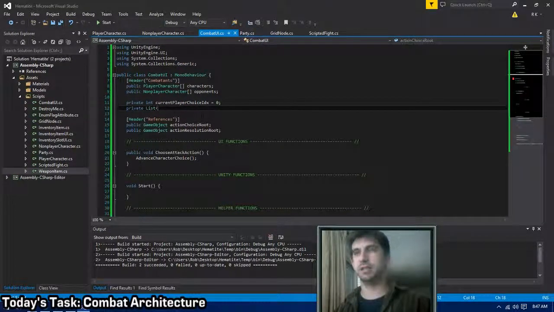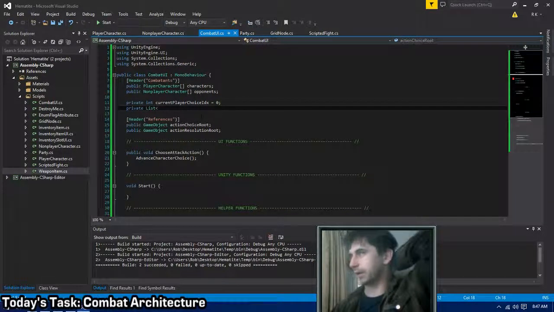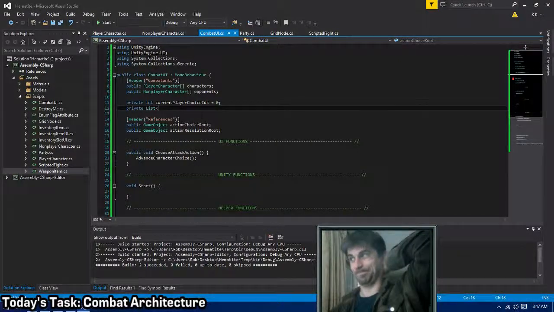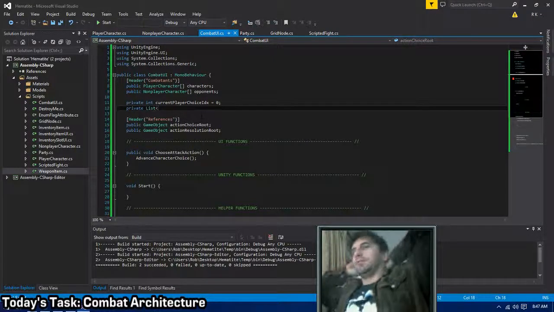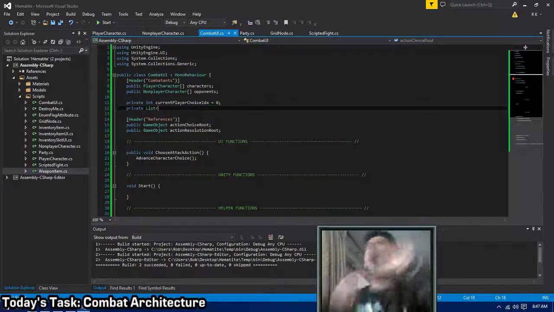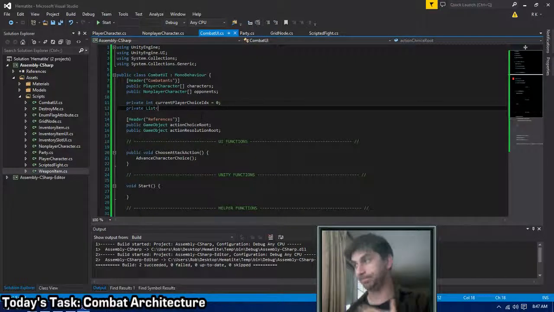Now, this is the interesting part. I can't just drop player characters and non-player characters into the same list. It just doesn't work that way, unfortunately. Excuse me. Still waking up slightly. I can't just drop everybody into the same list, as much as I would love to. I'm tempted to put some kind of like,